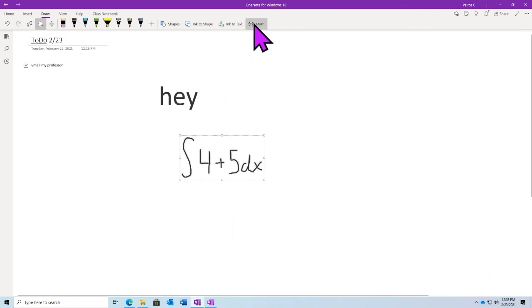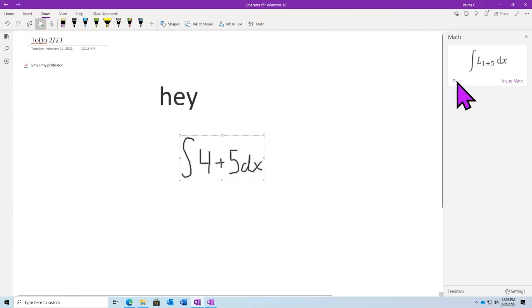and go to our math function here. It will automatically look for it. And if we need to make any corrections, we can select the fix it here. And it looks like it misunderstood what my 4 was right here. So I can just select it, correct it, and then it will automatically look through our thing again to make sure that everything is good. It looks like it's getting a little confused about some of my formatting here. So I will clarify and say that is the 5dx, and it looks like it is finding everything correctly now.